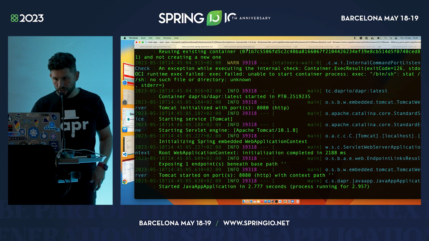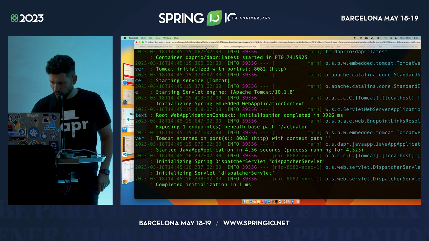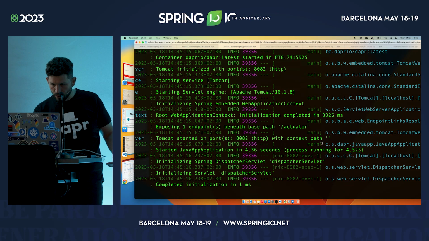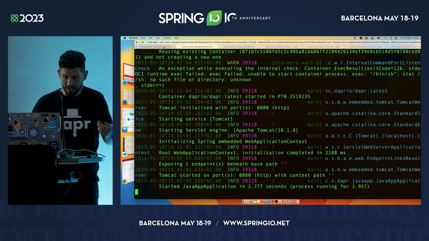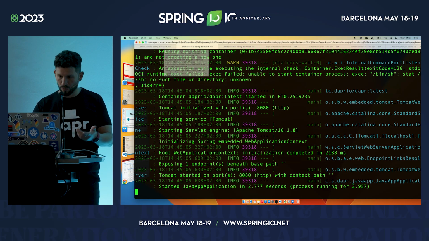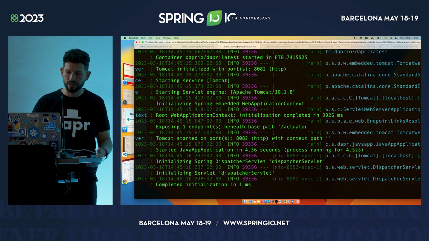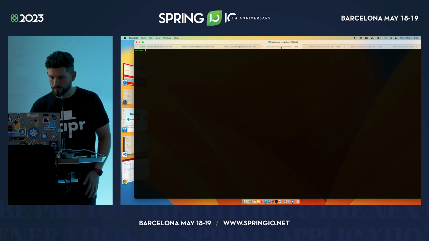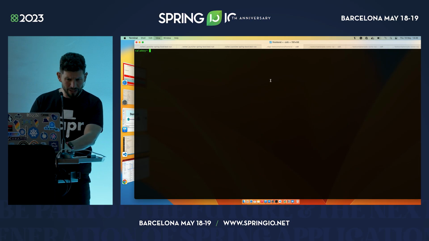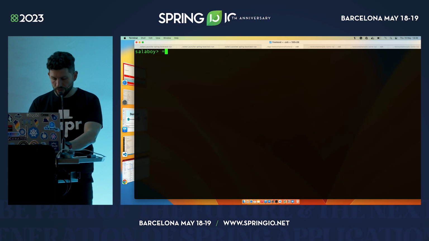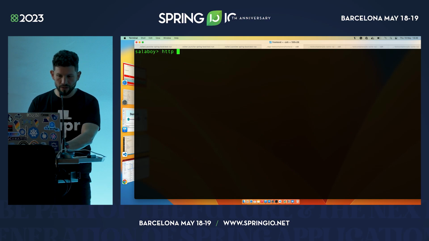So I have my 3 services up and running. You can see that because I'm running my services locally, these services will need to all run on different ports, of course, right? But that's part of the test configuration, right? So I have one on 8080, the other one on 8081, and the other one on 8082. As soon as I have that up and running, I can actually start interacting with the APIs. So I can do HTTP, the same things that I did before. Post, I say this is 8081, I think.